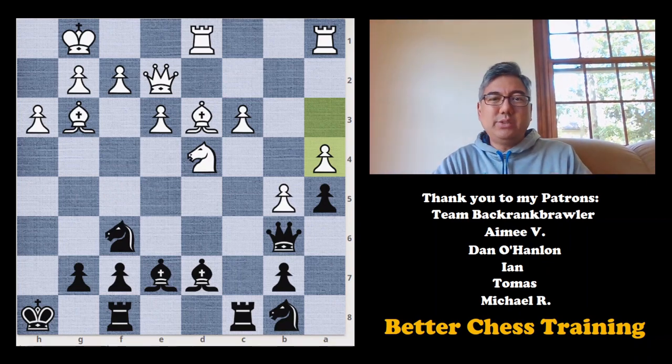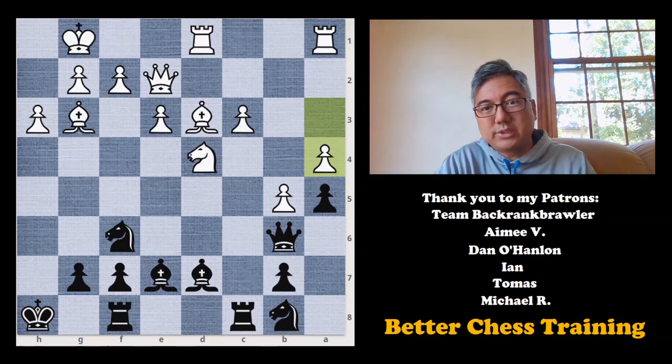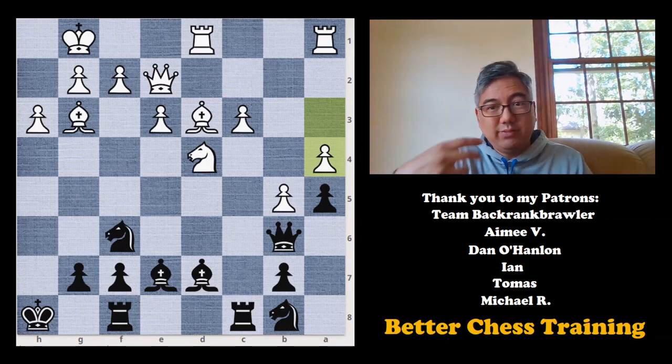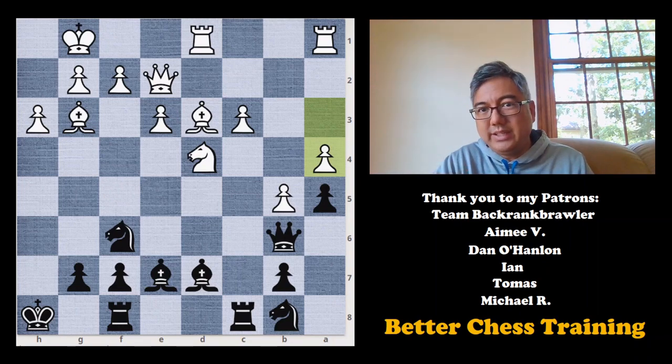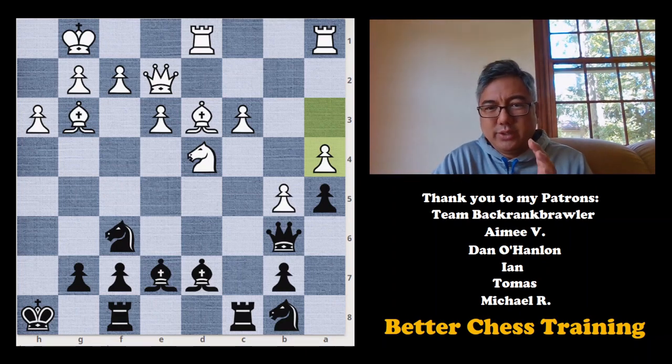And then once you've done all of your analysis, and we've done a little bit here, maybe I might want to explore some of the lines a little more. And make sure you give yourself enough time. For example, on this position, make sure you give yourself at least 15, 20, maybe even half an hour if you really think this is a complex position. And after you feel that you understand it